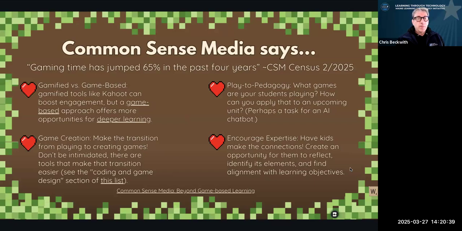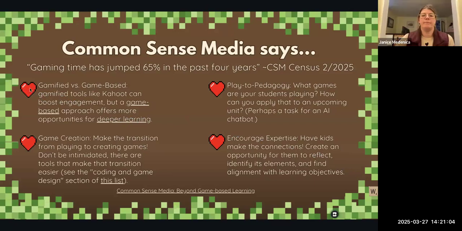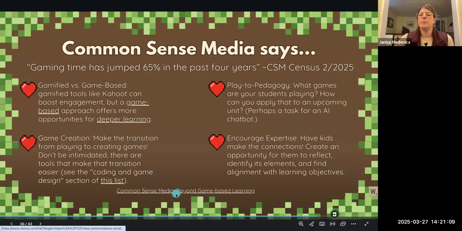Like the upper left comment there, comparing gamification versus game-based learning, it says while gamified tools like Kahoot and some of the other ones we looked at definitely boost engagement, a game-based learning approach can sometimes offer opportunities for deeper learning. And here's the article at the bottom where these quotes came from, if you're interested in checking that out.